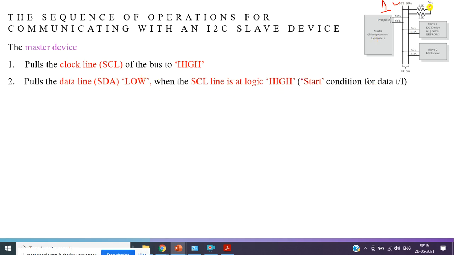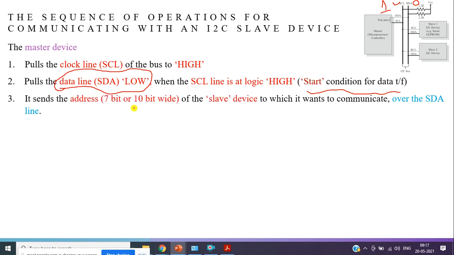Now next, what happens after making SCL go high? The next step is to signal that data is about to start. The process of transmitting the data is about to start, by which I make my data line go low. So the low is the signal that I am trying to transfer the data. Which means that SCL is 1 and SDA is 0. That's the meaning here. During SCL equal to 1, the SDA becomes 0. So that indicates the start condition for data transfer.